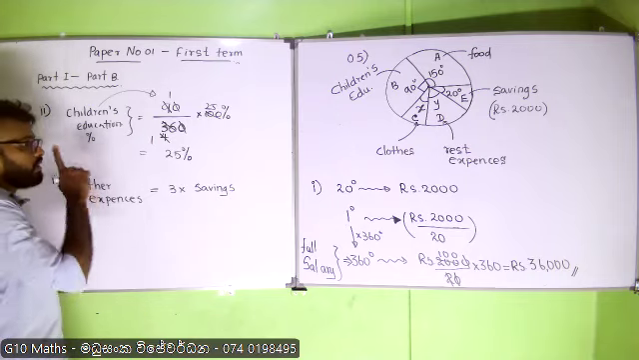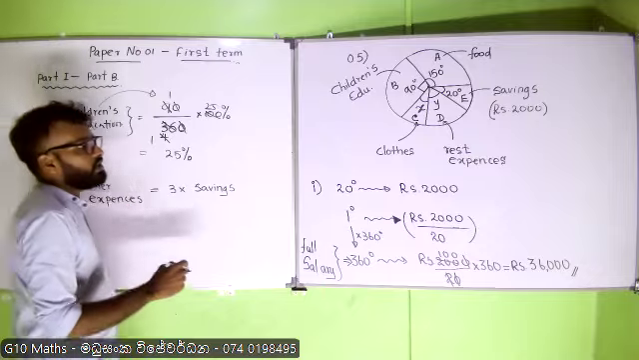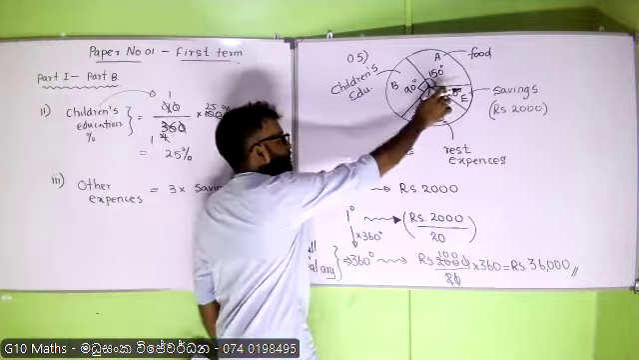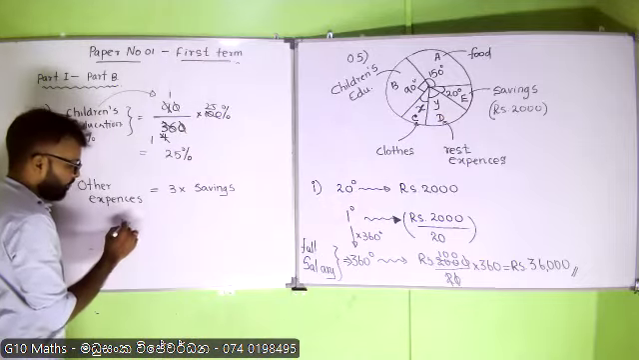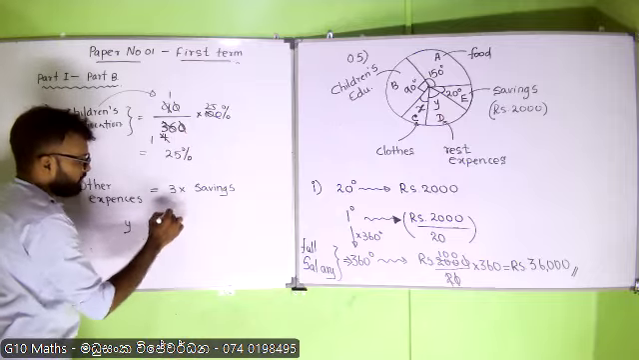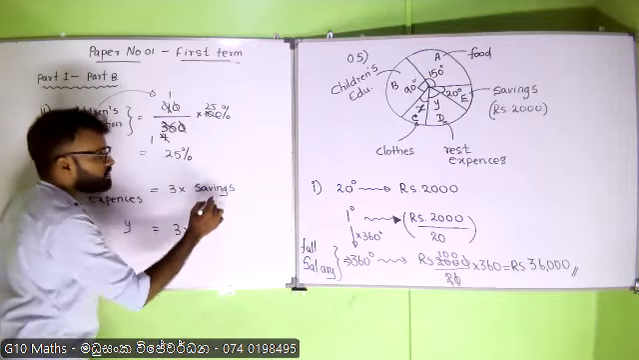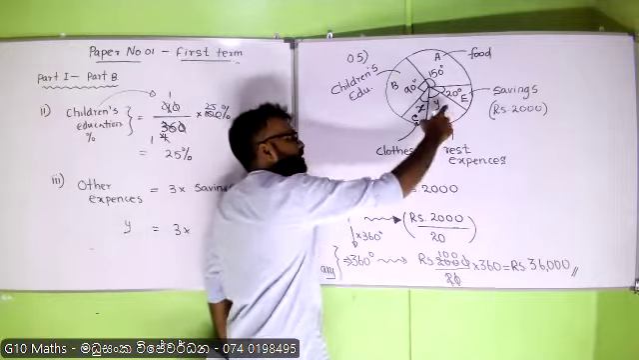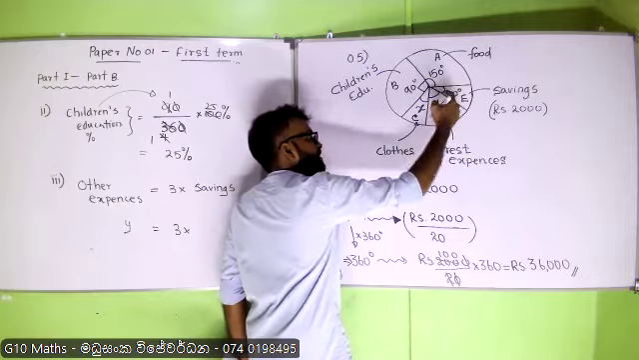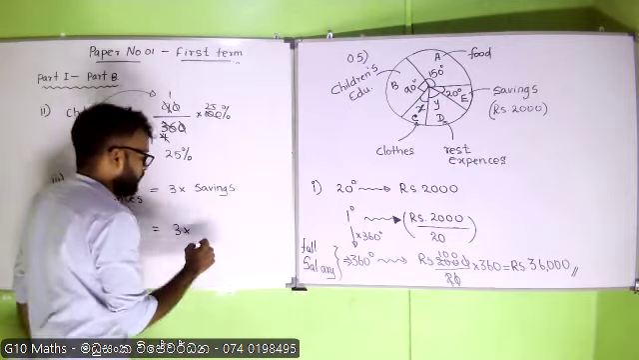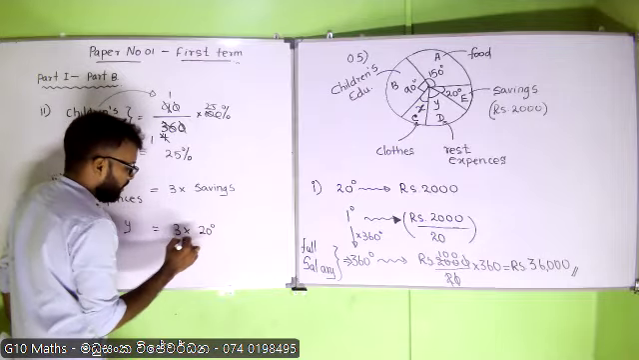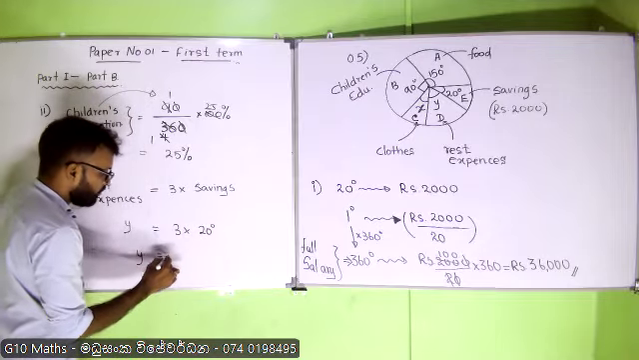So you need to find the magnitude of y. Other expenses relate to y number of degrees. So this is 3 times savings. Savings angle is 20 degrees. Magnitude is 20. So y is equal to